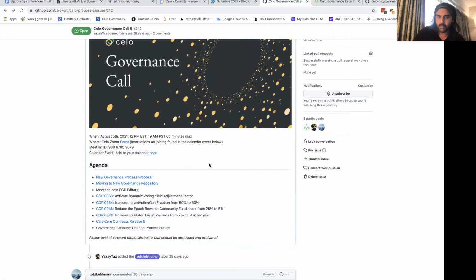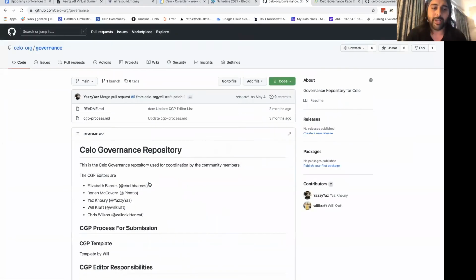The next action item I want to talk about very briefly, we don't have to spend a lot of time on it, is that we're going to have a new governance repo. And that's a good thing because currently governance sits in the CIP process repo. A little background: I facilitate the CIP process along with Shane Prestwich.